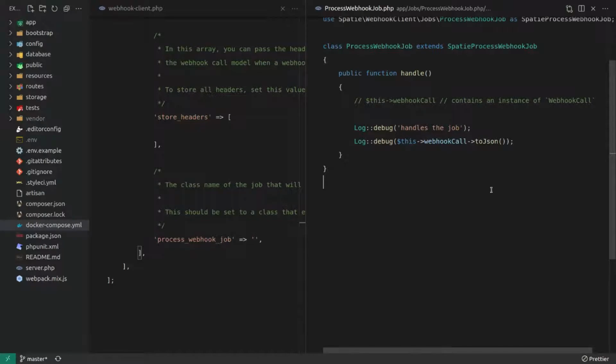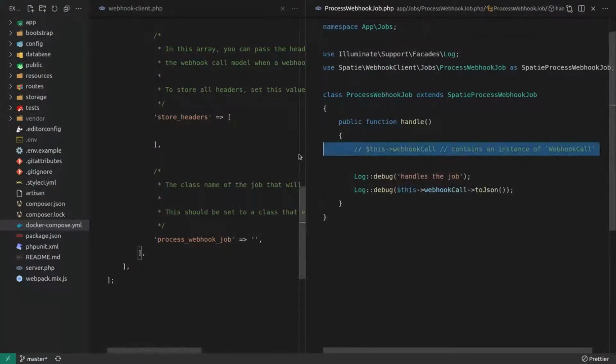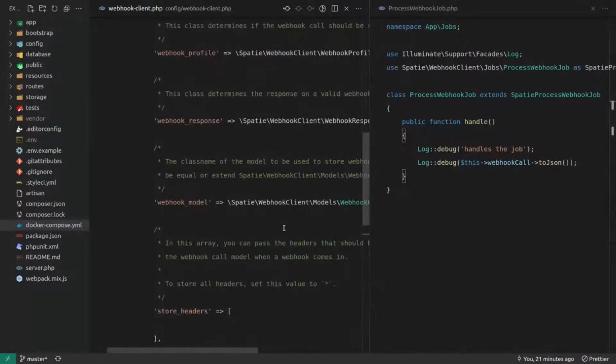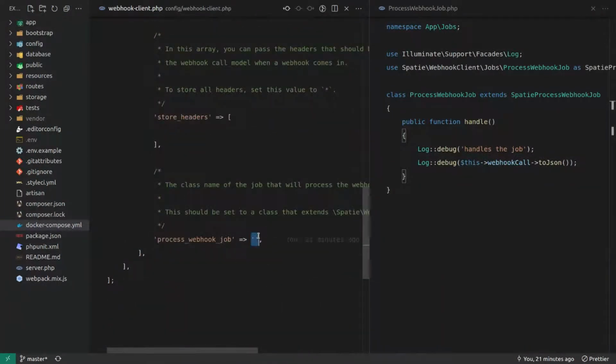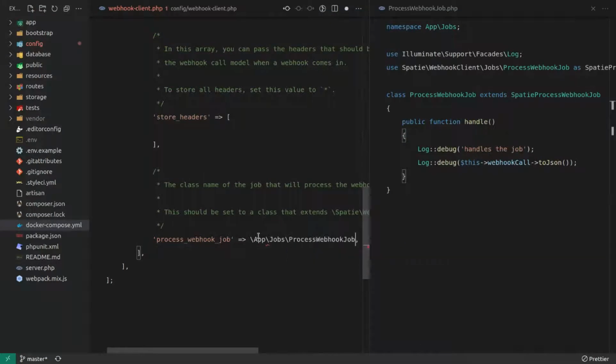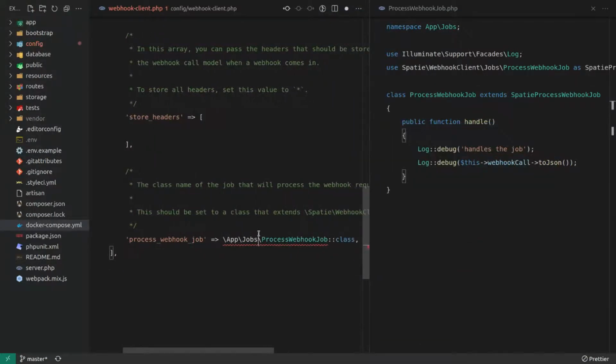Okay. Whew. So we now need to point to that job. And I can easily do that by saying here, App Jobs ProcessWebhookJob, pass it that class.